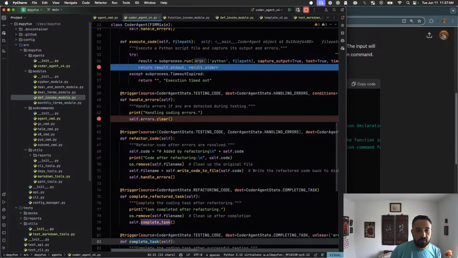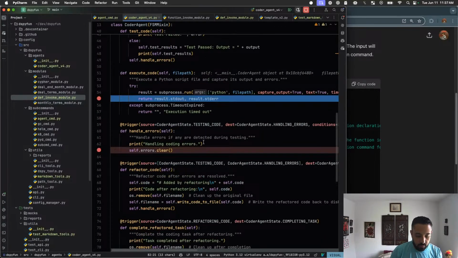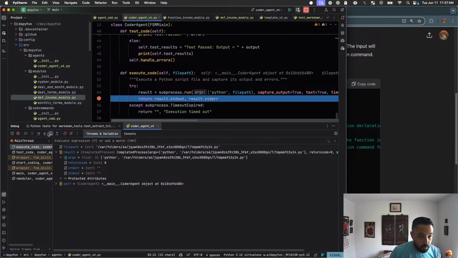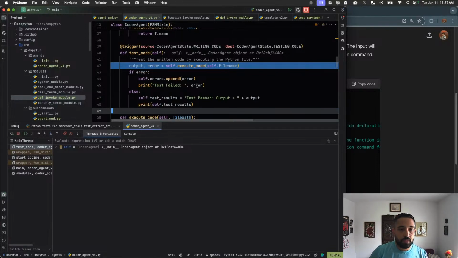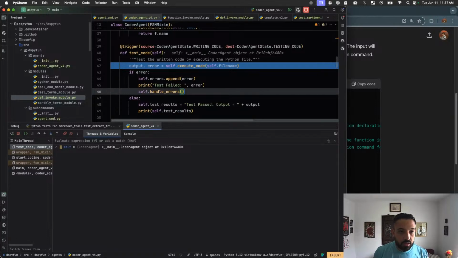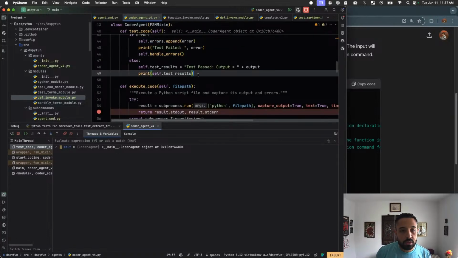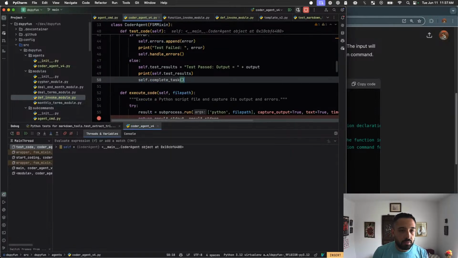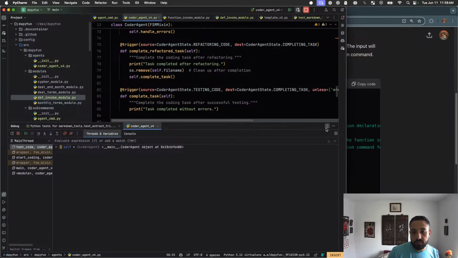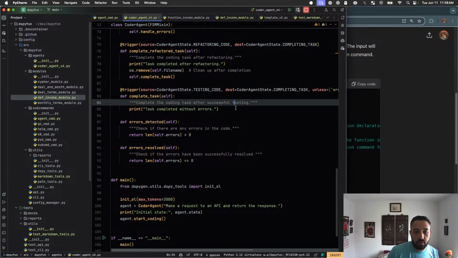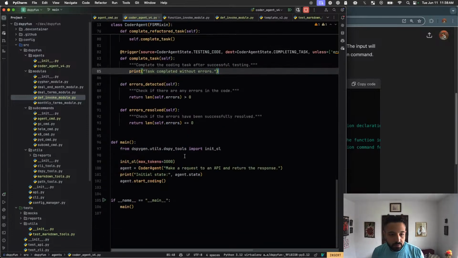So basically, when we return out back from that, if errors, test passed, output. Okay, so then what we need to do is self.handle_errors, else self.complete_task, right? And then if complete task, we want to, let's give it to where the coder agent has